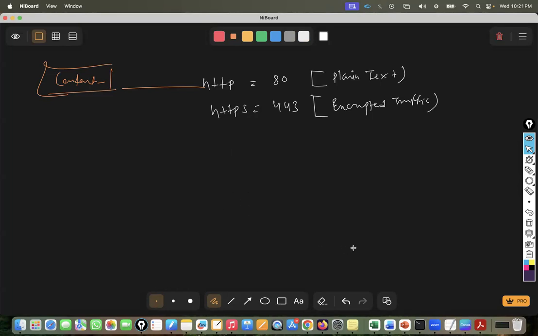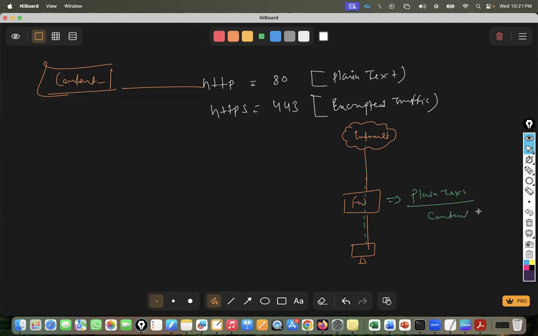So now let's suppose this is my user, this is my firewall, and this is the internet. There is a connectivity, and the user wants to talk to the internet. If it is in plain text, all Content-ID can be applicable on this traffic, and the firewall can take action, allow or block, whatever you want to do. But if this is going to use encrypted traffic,